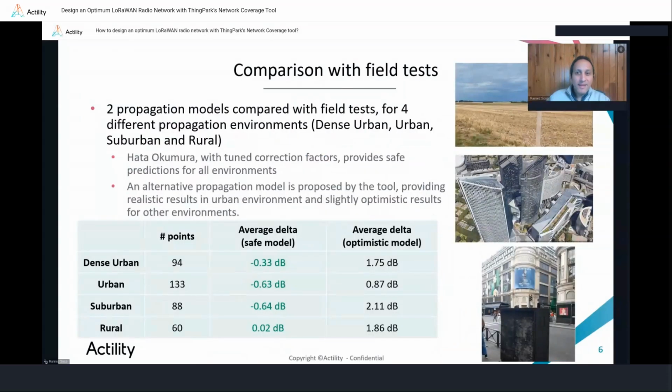Since Actility gives tremendous attention to the accuracy of predicted output from the tool, extensive field tests were conducted by the radio team to validate the accuracy of our RF propagation models and tune them as needed. Based on over 370 measured links in different environments, ranging from dense urban to rural morphologies, the average delta between the field measurements and the predicted path loss is within 1 dB using the safe prediction model,